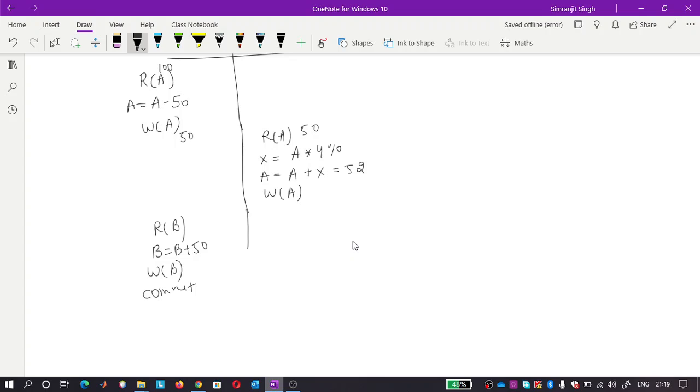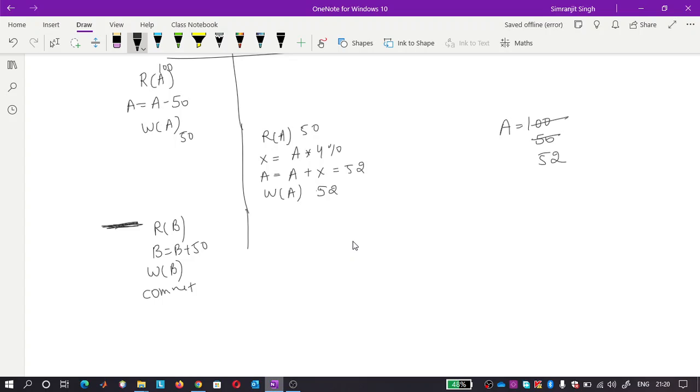Suppose when I am writing A here, we are writing the value to secondary memory. I am writing the value to be 52. So I started with A as 100, changed the value to 50, and changed the value to 52. Suppose at this particular stage